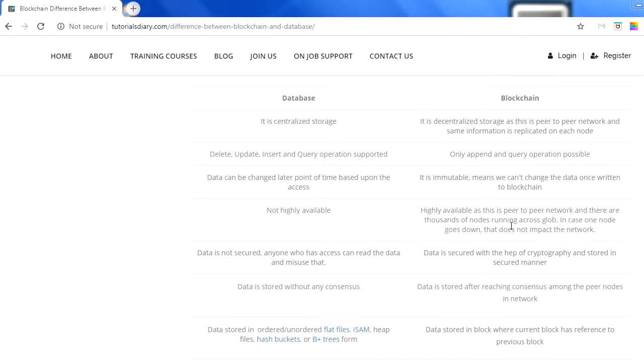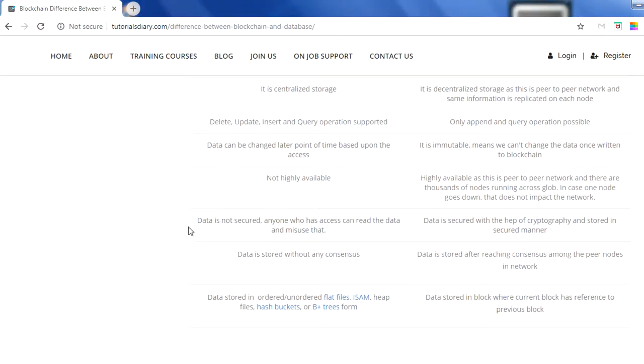Suppose you have around 30,000 nodes for the Bitcoin blockchain. If one region goes down, suppose China shuts down for some reason, it will still not impact your network because you have other nodes running in India, in Europe, in the States and other locations. But that is not the case with a database, because if you're storing in a centralized location and that location goes down for some reason, you're all gone, right?